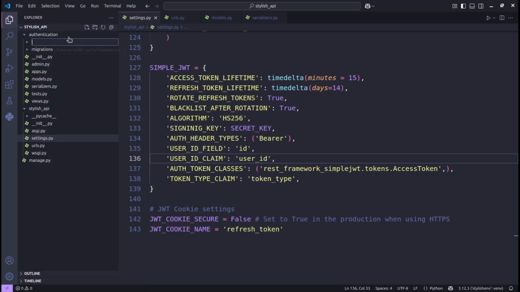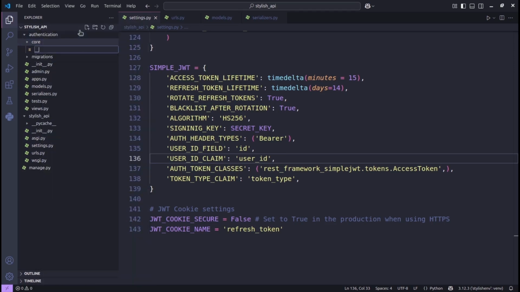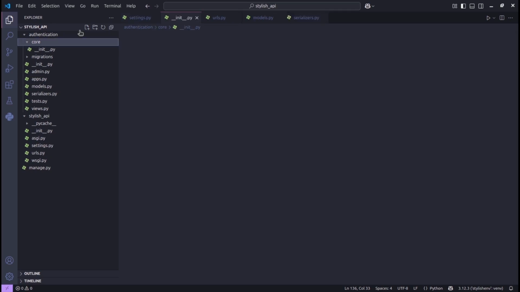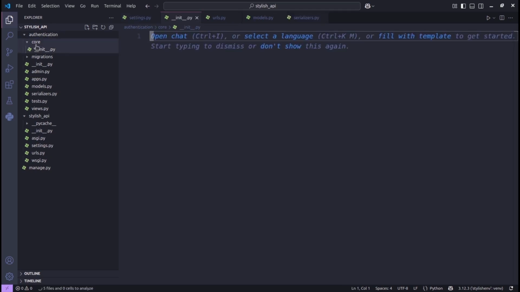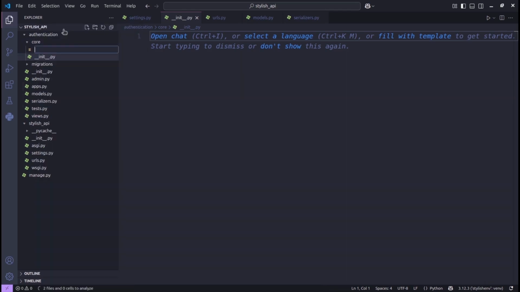So after we have configured that, we're gonna come here to the authentication. In the authentication, we're gonna create a core folder. This is where we're gonna put the core that will be used by different folders in this app. First of all, we must declare init so that it can be recognized. After that, in this folder we have